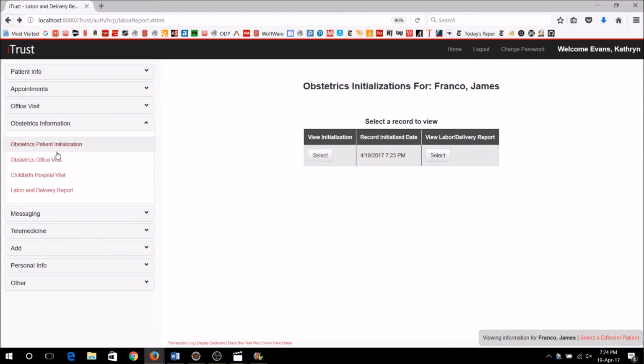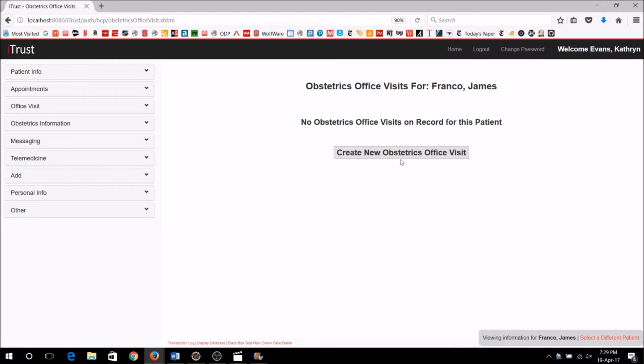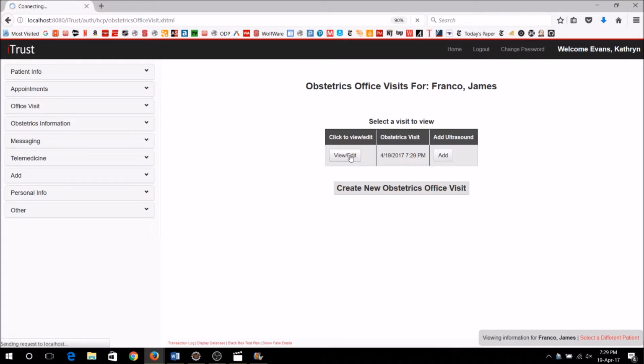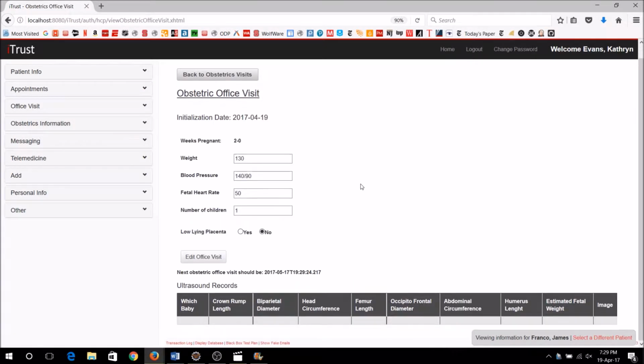Now we're going to go to the obstetrics office visit page. We're going to create a new office visit. It shows the office visit date and time. We're going to input the information here, and it also shows on the bottom when the next office visit should be. We add that to our database, and we can click to view the information we just inputted